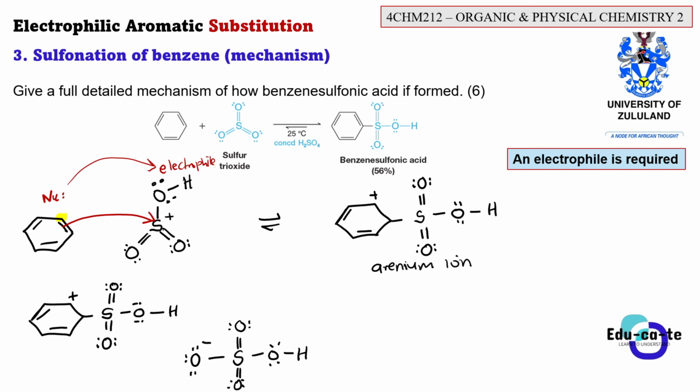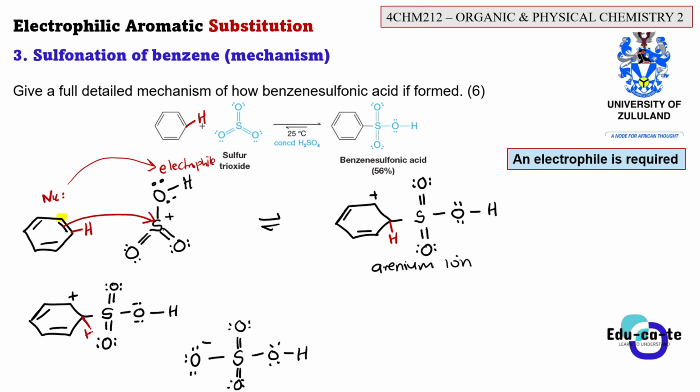Okay. So at this stage, what will happen? You can see that this is negatively charged, right? So this oxygen is basic because it's negatively charged. So it has the ability to take away a proton. But which proton will it take away here? Remember that we've said that we always have a hydrogen on each and every carbon. So here we also have a hydrogen, here we also have a hydrogen, and here we also have a hydrogen that is bonded to the carbon.